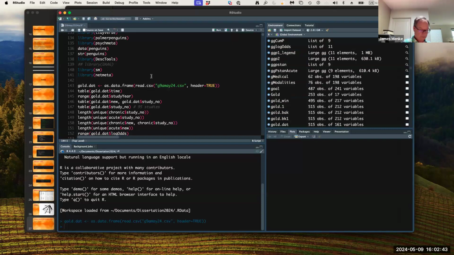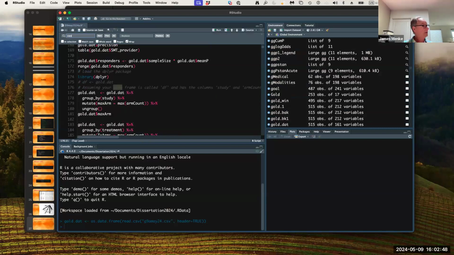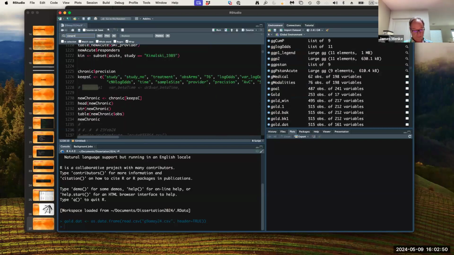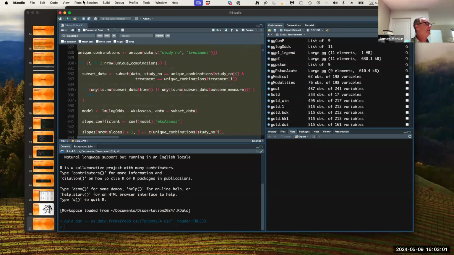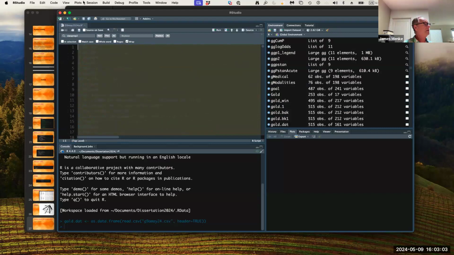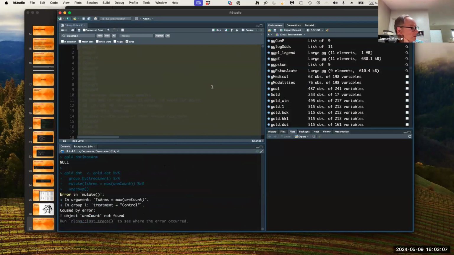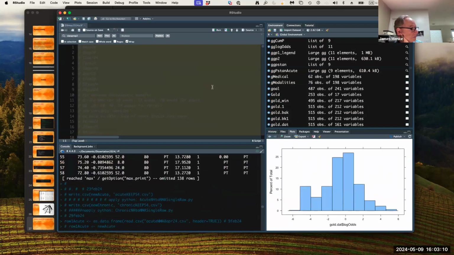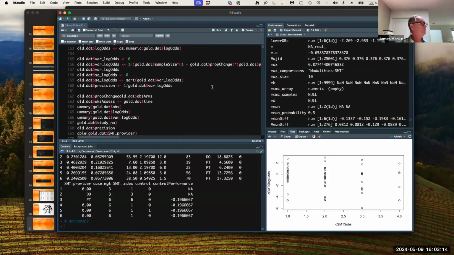And if you want to skip a bunch of steps, go to Data, Prep 2, and just grab everything above it, highlight it, in other words, and run it. It only takes a couple of seconds. And now it's ready to do